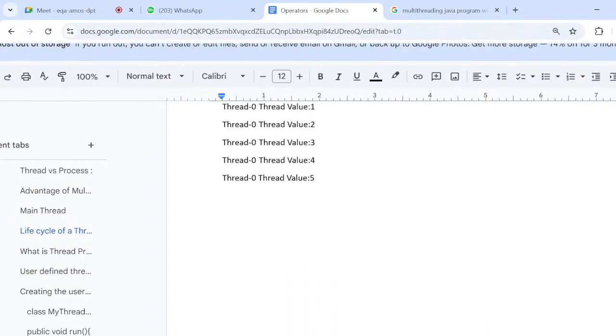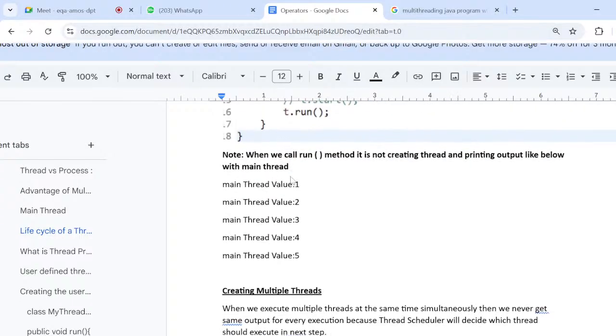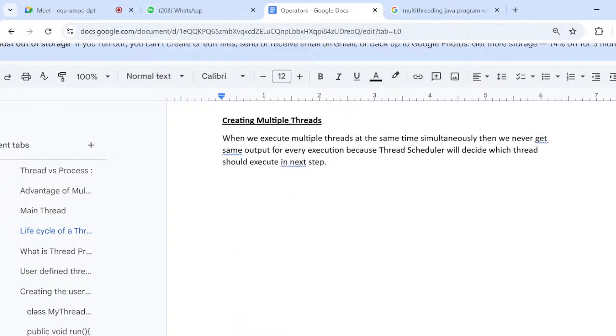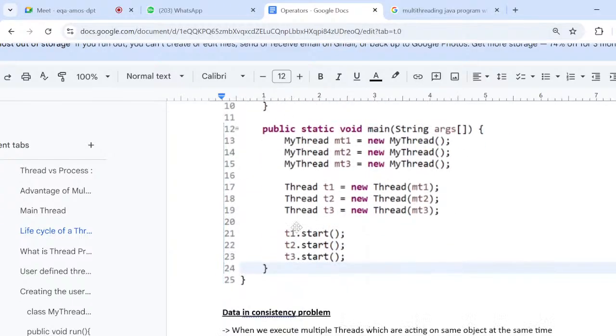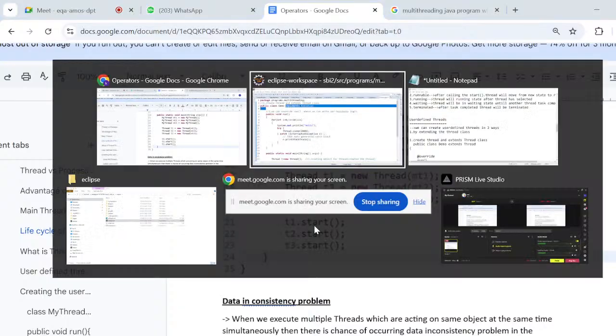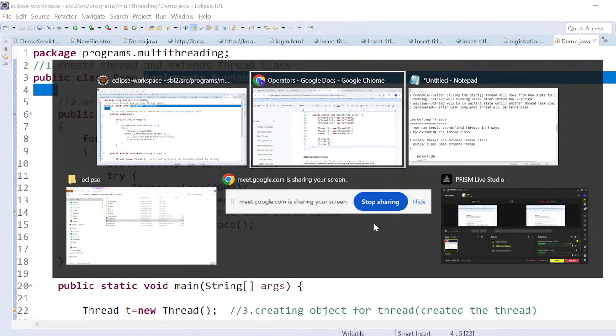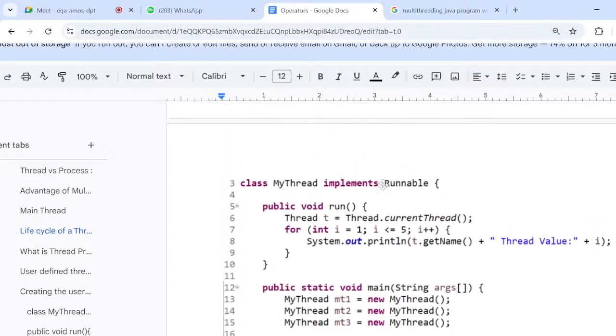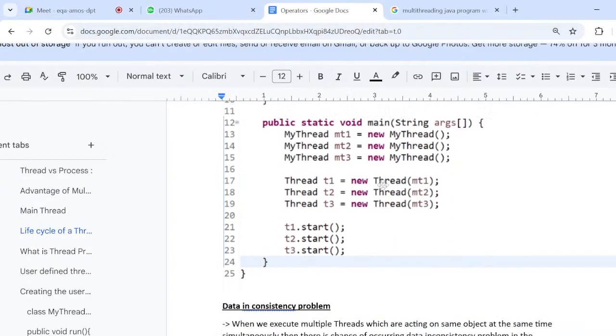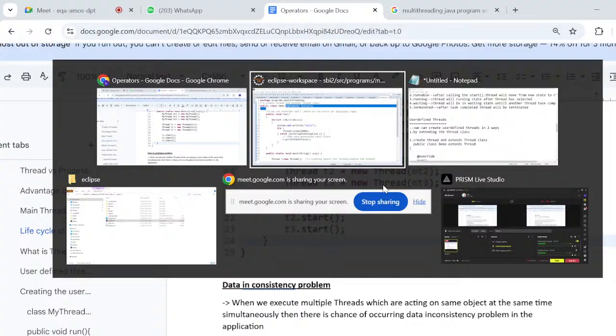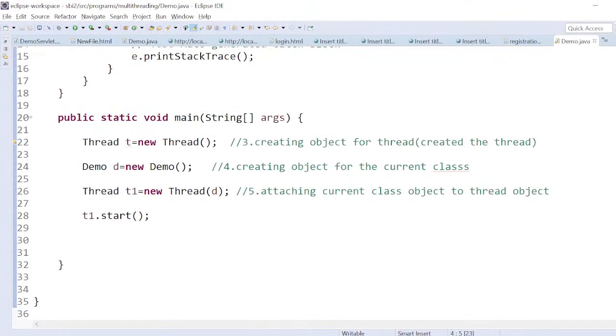So creating multiple threads, meaning, for example, if you see this program, for one class we can create multiple threads. Coming to this program,